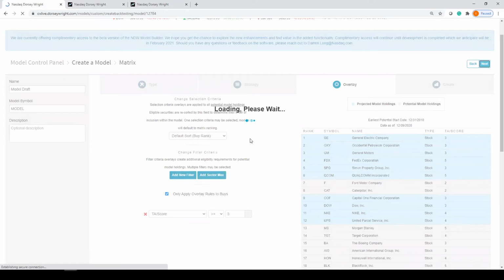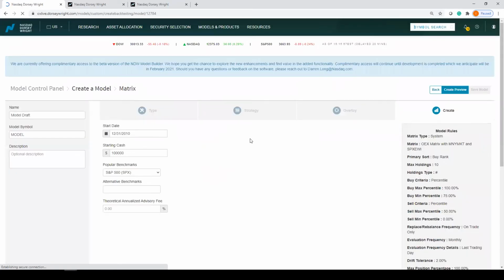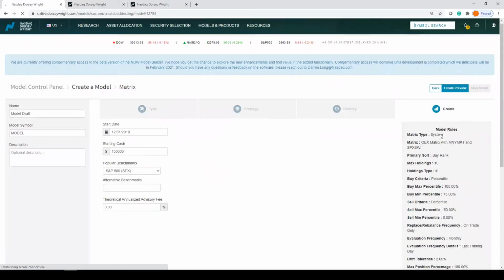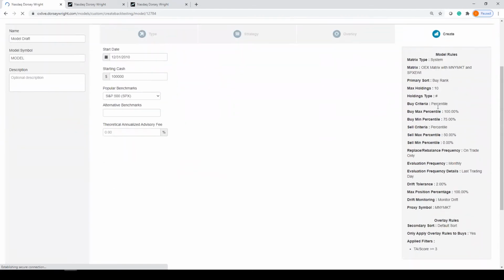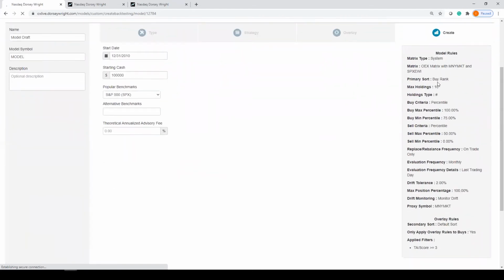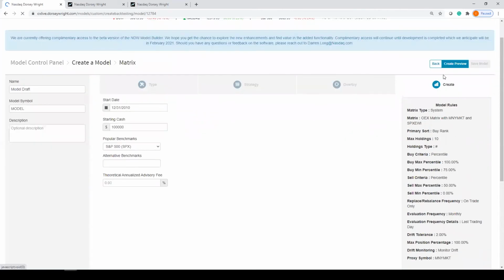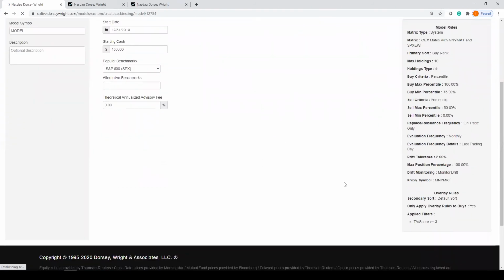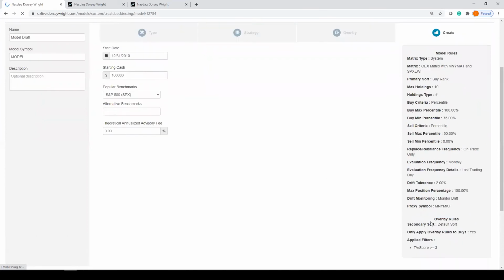When you're looking at this page, you can see over on the right-hand side are all the rules that are associated with your model. So you can give these a check over, make sure everything's squared away for the rules that you want to utilize. And again, hitting create preview is not the end of this. It's just looking at a preview. You can come back and edit it. But it's one nice thing to do, to come in and make sure everything's squared away, make sure your rules are good to go. You can then come in and make sure your start date